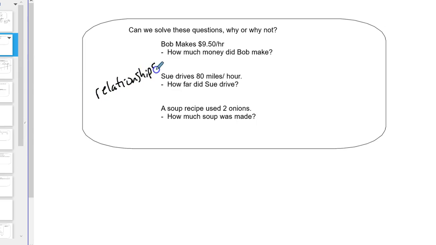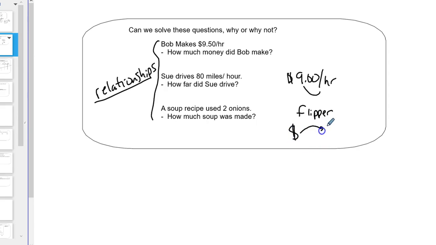For many people, this makes perfectly good sense in everyday life, but keep in mind these are all just relationships. $9 per hour means nothing by itself. You could make $900 per hour and think, wow, I must make a lot of money, but you don't know that. Maybe you worked 1,000 hours and made $9,000. It's just a relationship, or I sometimes call it a flipper. All this thing does is flip dollars to hours, or hours back to dollars.